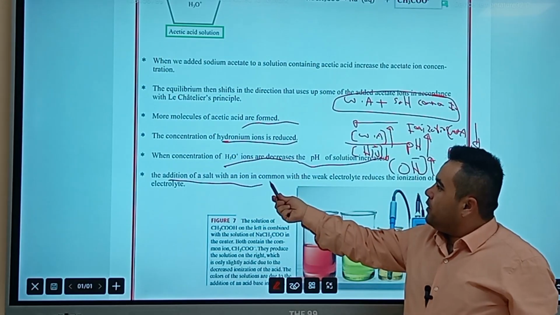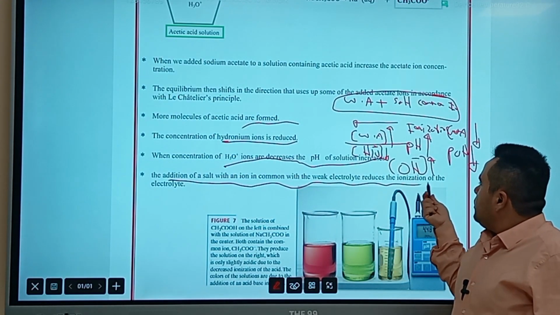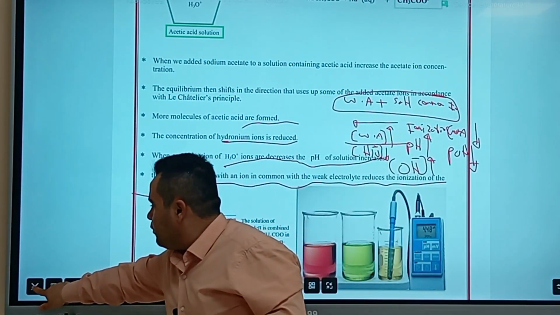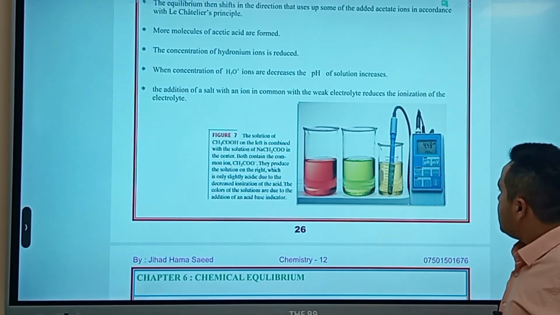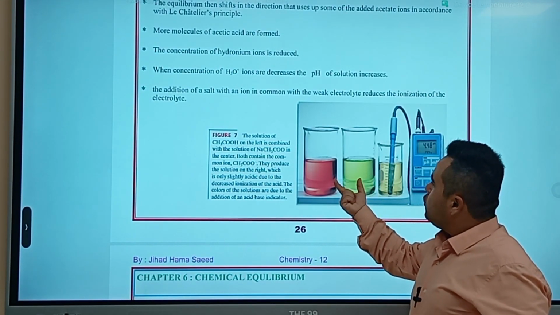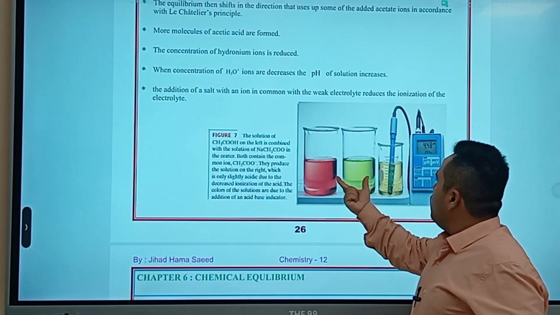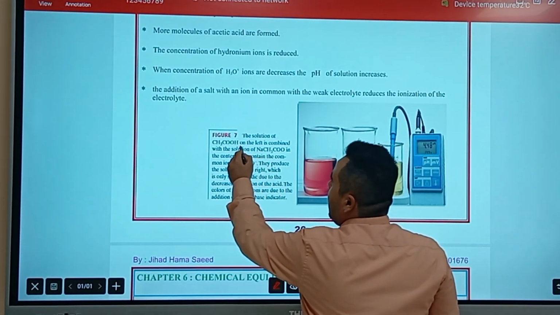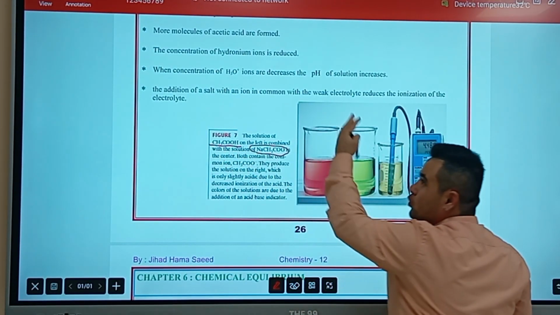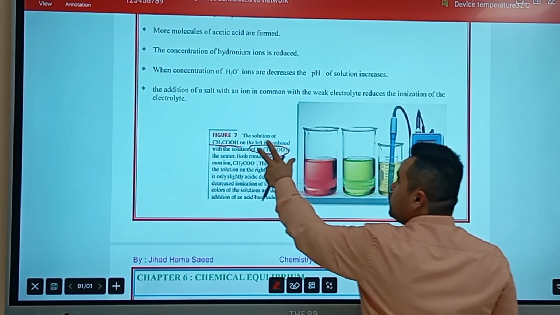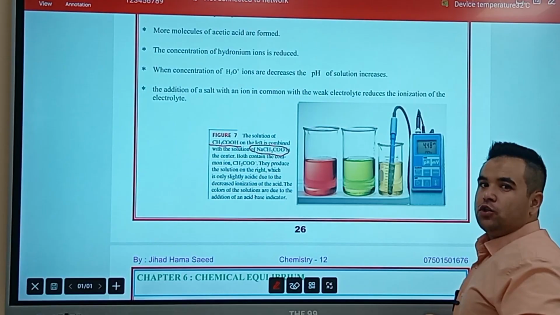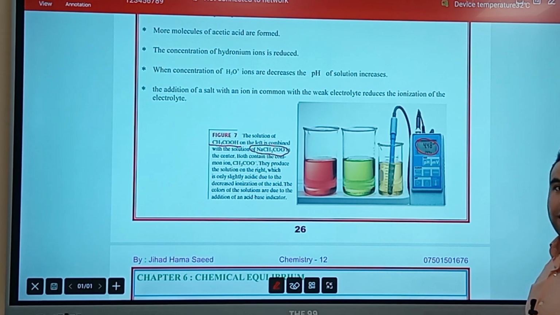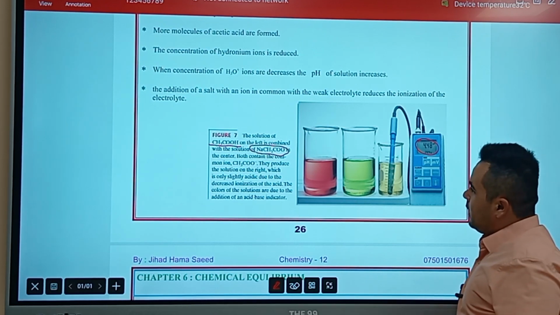The addition of a salt with an ion in common with the weak electrolyte reduces the ionization of the weak electrolyte as well. You can see these are two solutions. We added them together. The solution of what and what? Here it's written acetic acid with sodium acetate, which we talked about. When we add these two, it reduces hydronium and increases the pH. The pH reaches 4.48, which is a high pH